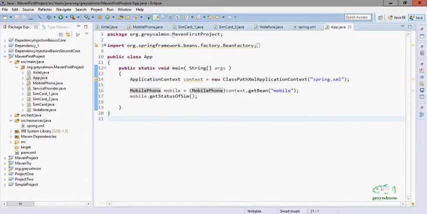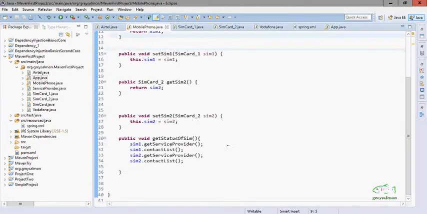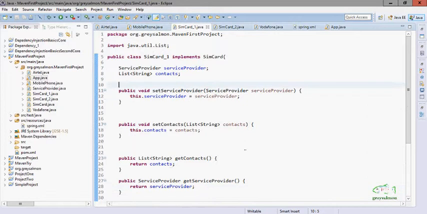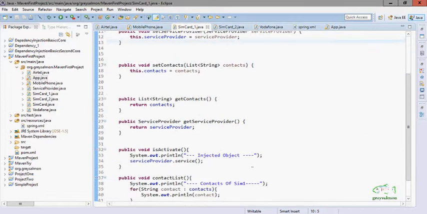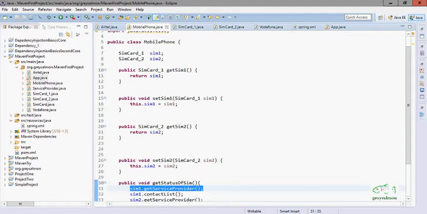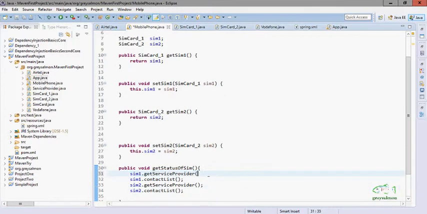But we have also called getStatusOfSim here. In sim1 we have called the service provider, getServiceProvider. In SIMCard1, sorry, we have to mention isActive. There is a method isActive to get both of the outputs, and the same with sim2.